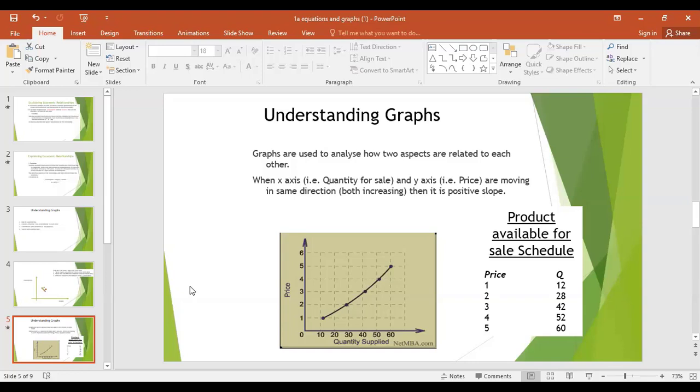Okay. So when we made a graph, we found out it's a positively sloped graph. You understand what is the meaning of positive slope? Positive slope means both incidences are increasing or decreasing together. When we are moving from the lowest dot to the highest dot, if we notice that both incidences are increasing, or when we are going from the highest dot to the lowest dot, and we notice that both incidences are decreasing, it means they are concurrent, they are moving together. It means it's a positive slope graph. Clear हो गया? So positive slope की definition है, if they are moving together, then it's a positive slope.